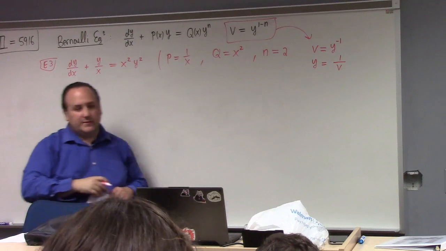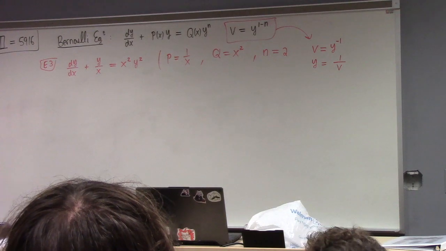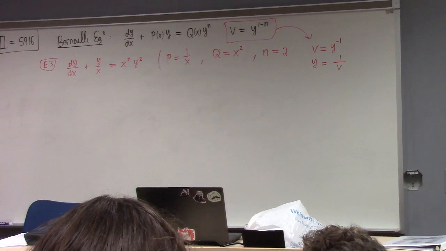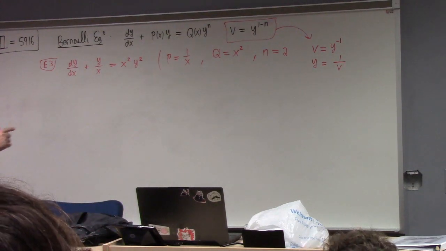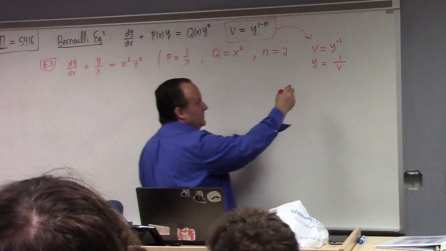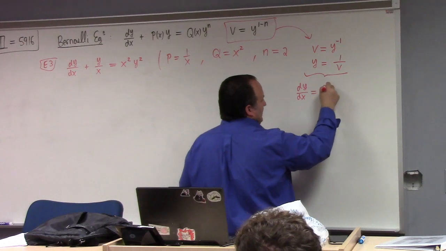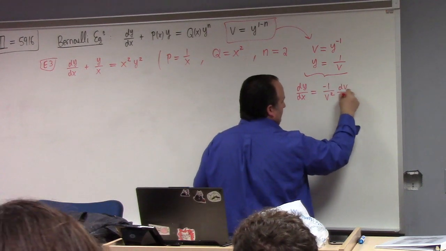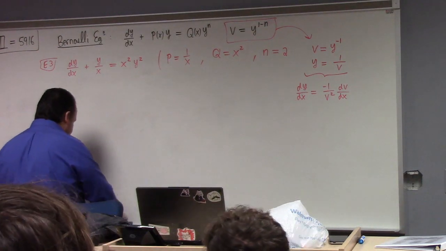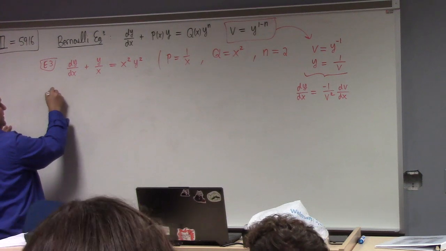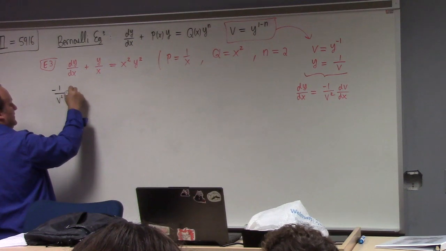In a substitution, we must trade out the formula for the differential equation, but that includes two different things, the algebraic part, but also the differential part, right? So we need to figure out what is dy dx in terms of dv dx. If we differentiate this, we can get that. What's the derivative of y? We got dy dx is minus 1 over v squared dv dx, yeah? All right, so let's put that into practice over here. We got ourselves a minus 1 over v squared dv dx